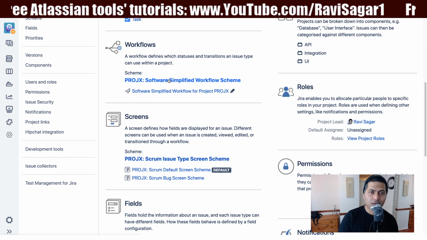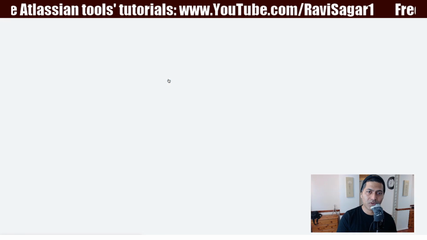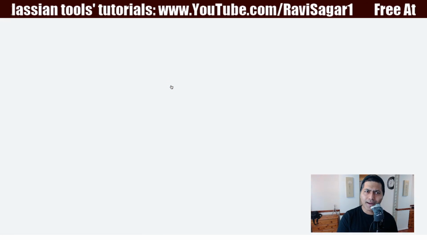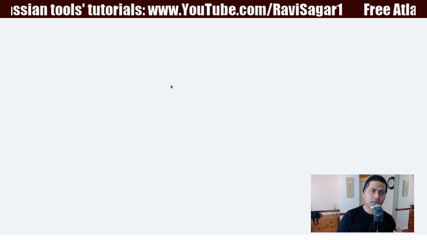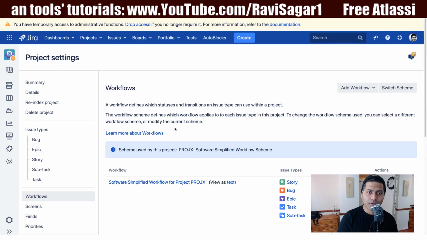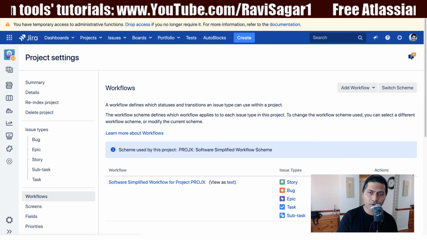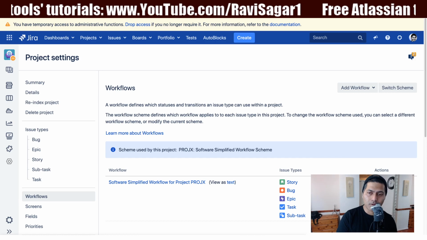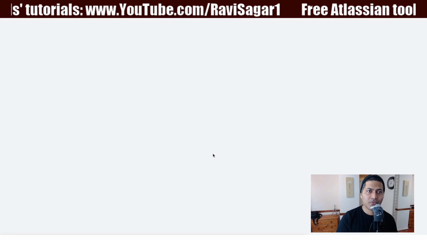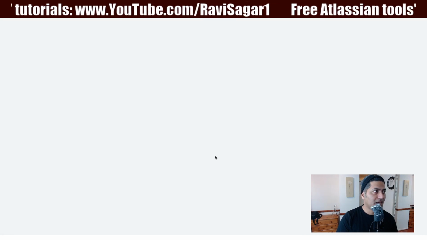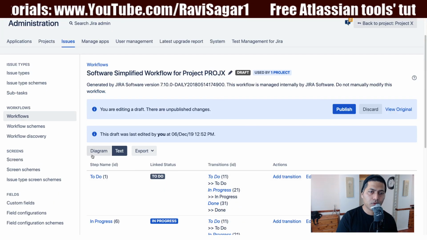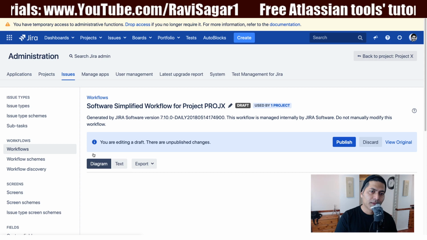So let us click on the workflow scheme so we can take a look at the workflows. So this option to change the colors, ideally it should be available when you're working with the transitions. But let us see. So I'm working on my workflow. So let me click on the edit under actions so I can modify the workflow, and then I will take a look if we have any such option to modify the color. So let us use the diagram view, and